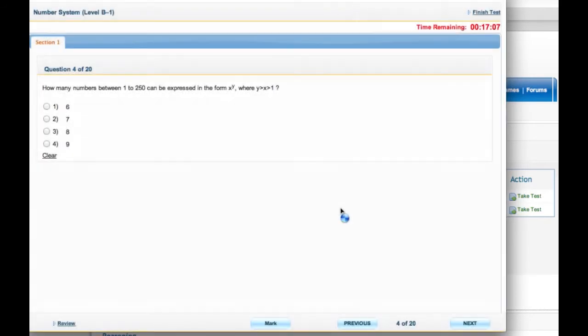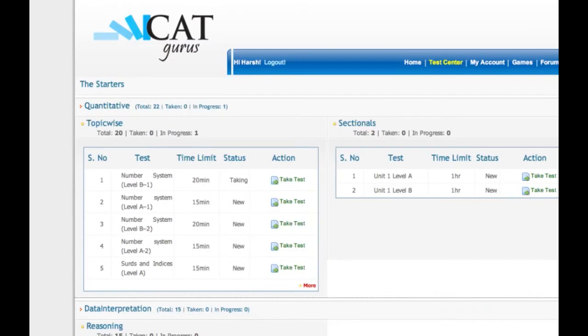Right, let's click on try now. So it's started again. Suppose I have marked 10 questions and all of a sudden there is a power failure or your system gets corrupted or something else happens. Murphy's law applies everywhere, right? So if something else happens, of course you can go back, start the test again and it will start there itself. So let's say it is 16 minutes and 50 seconds right now, and if I close it, what happens?